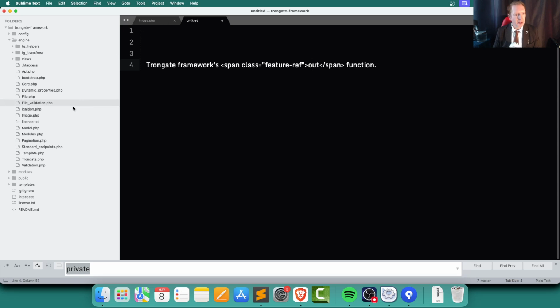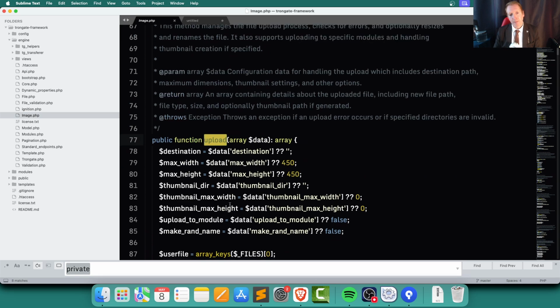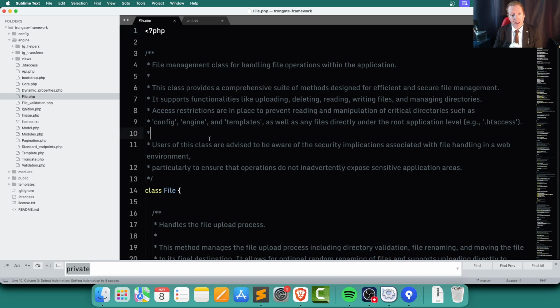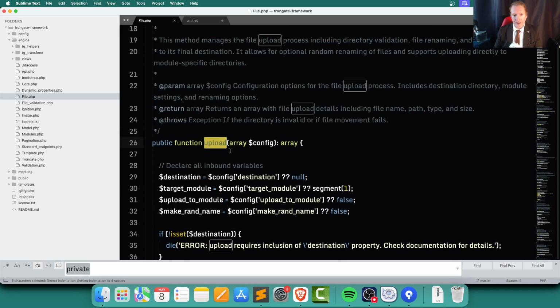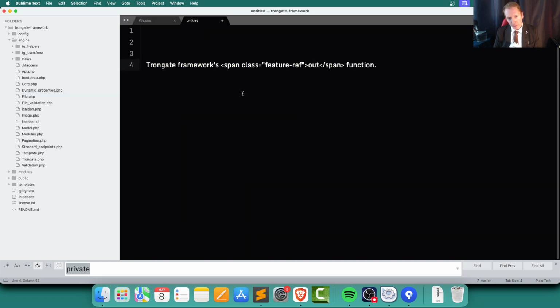For example, the image class has got an upload method, here it is, but we've also got a file class that also has an upload method. That means, unfortunately, that this thing here, as good as it is, is going to need to be worked on somehow. I'll figure that out probably tomorrow, at least I hope so, and we'll have something a little bit more sophisticated